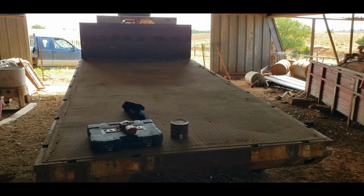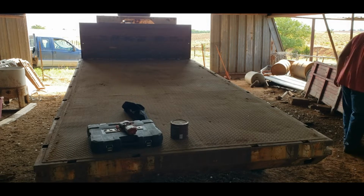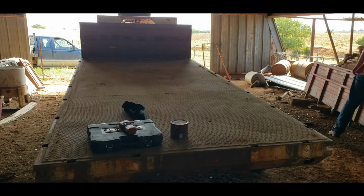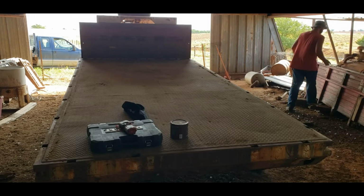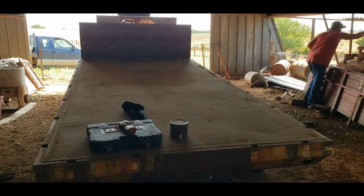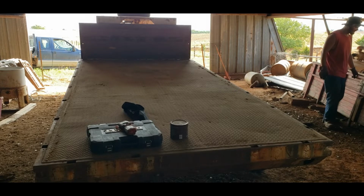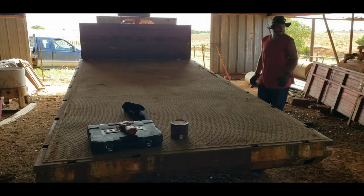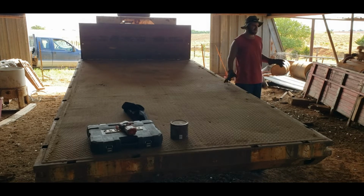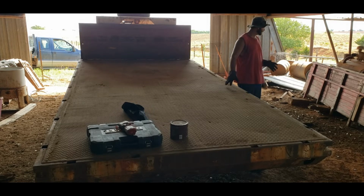Ooh! Oh, I see what I did. Tied them together so that they didn't flop over if the wind got in here just right. You know, why not? All right, so I gotta think here for a second. How did I take these off? Because what I did was, when I took these off, I set them up to where it would be easy to get them back on. So I think,